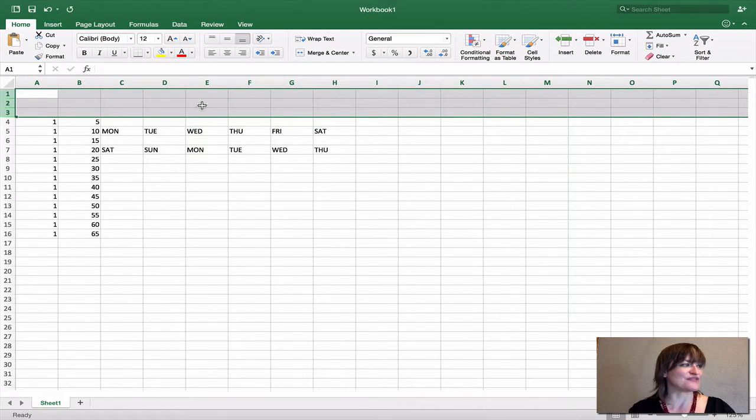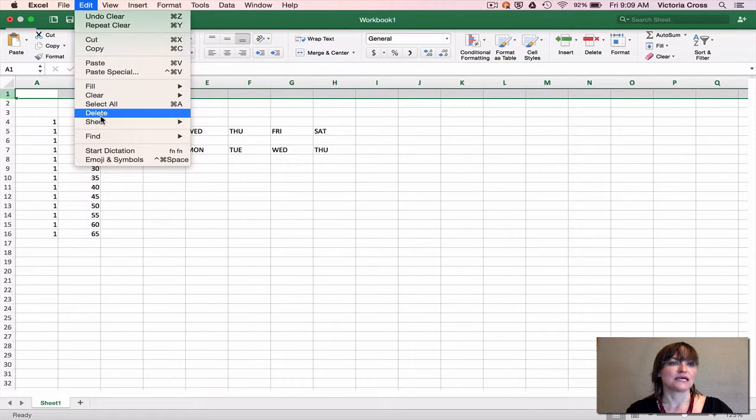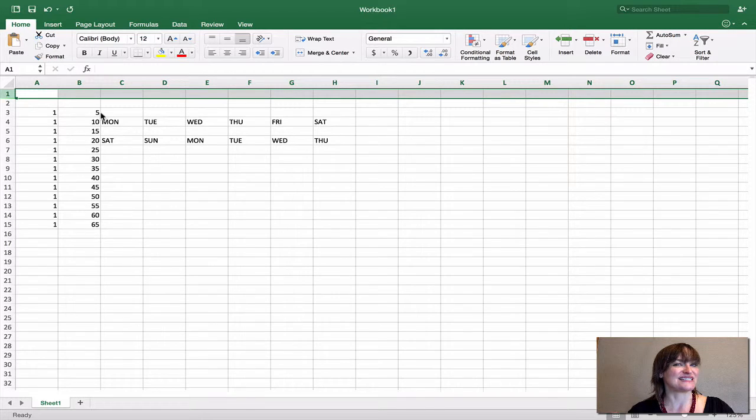Let's contrast that with the idea of delete. So if I select row 1 and click Edit, Delete, it might sound the same, clearing it and deleting it, but watch what happens with the rest of your data. Did you see it? It was kind of subtle, but it all moved up 1 row. So you actually took out that row. You now only have 2 rows here. You've got a new row 1. What was in row 5 is now in row 4. So that whole row was deleted, and the remaining rows were moved up.